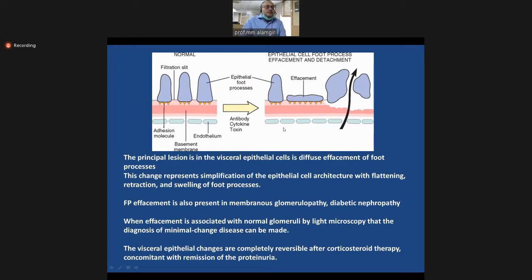So what happens in minimal change disease? We have effacement of these foot processes. These podocytes lose their normal contour and they lose their normal function as a barrier. They get distorted, they are effaced, and we have free flow from plasma to the urinary space with lots of loss of proteins and even lipids and so many ions. So this is a free flow of proteins. There is no check. This is what happens in minimal change disease, and that's why it is called minimal change disease.